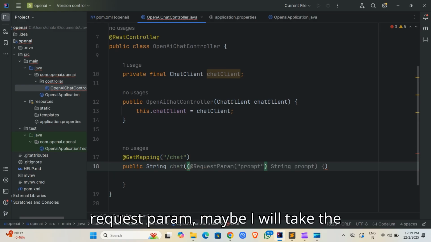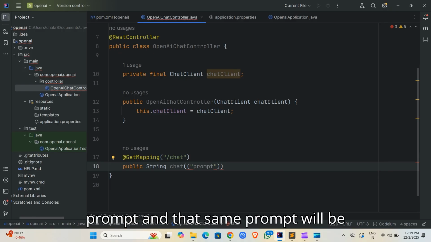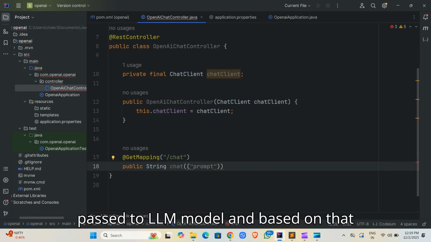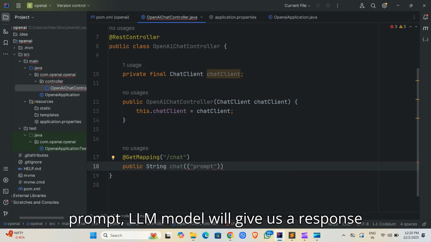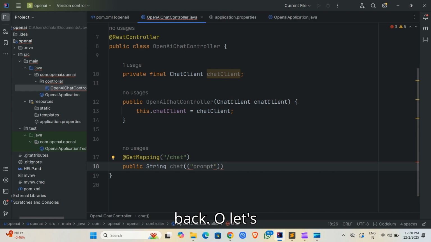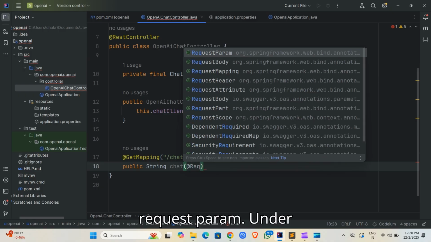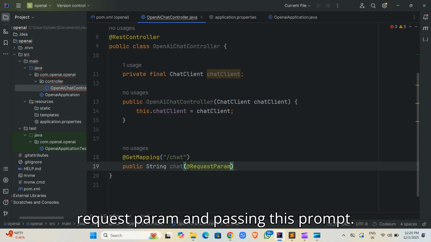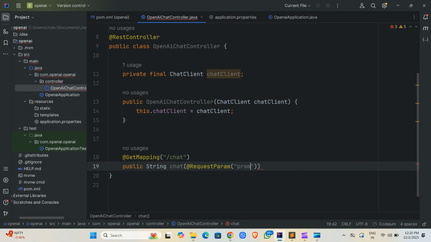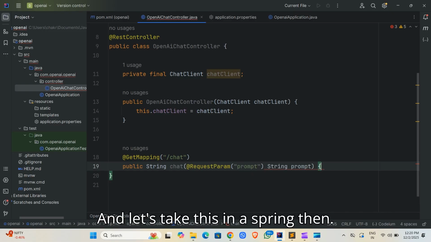In the request param maybe I will take the prompt, and that same prompt will be passed to the LLM model, and based on that prompt the LLM model will give us a response back. So let's use the annotation @RequestParam. Under RequestParam I'm passing this prompt, and let's take this as a String.